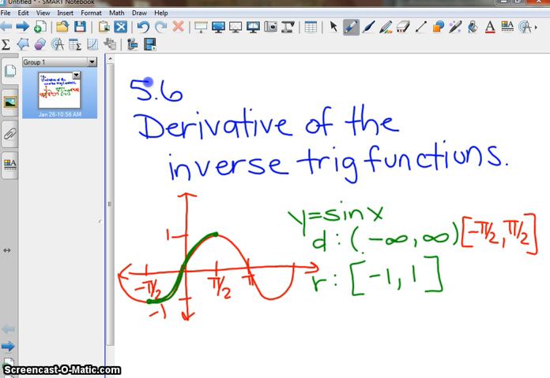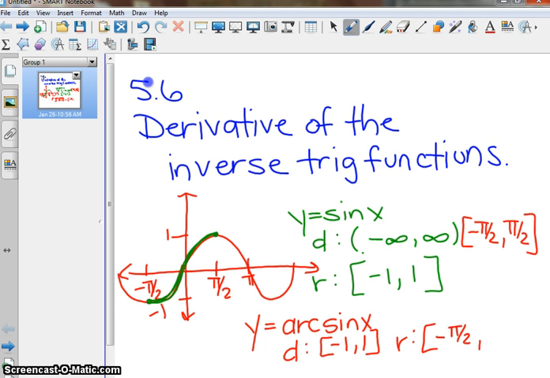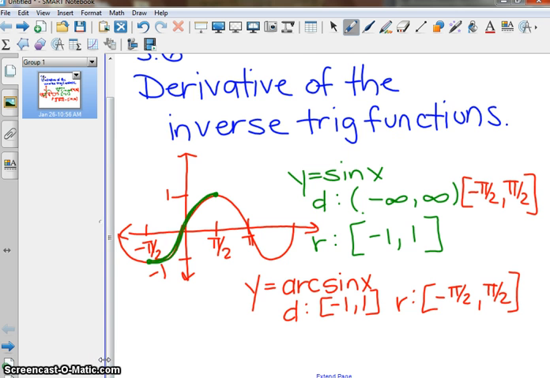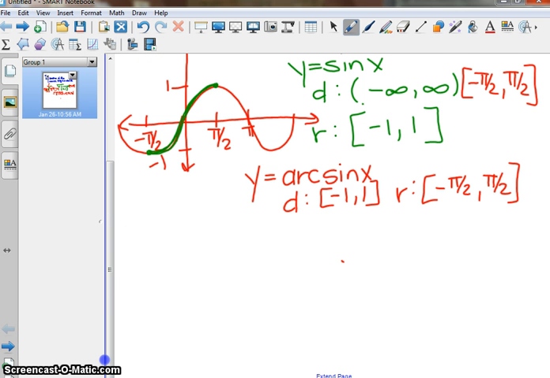So if we are looking at the inverse trig function, which we write arc sine of x, our domain is going to be from negative 1 to 1, and the range will be from negative pi over 2 to positive pi over 2. So if we are looking at the graph of the inverse, we just flip-flop the x's and the y's. So the inverse graph,